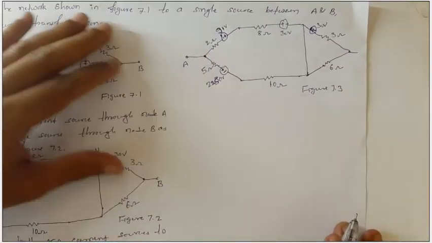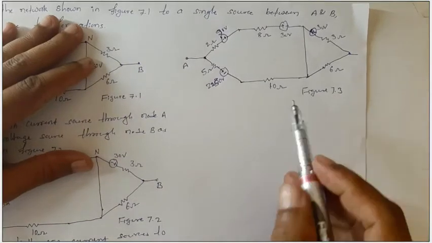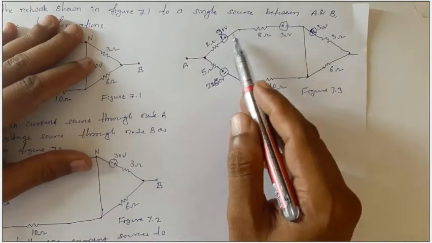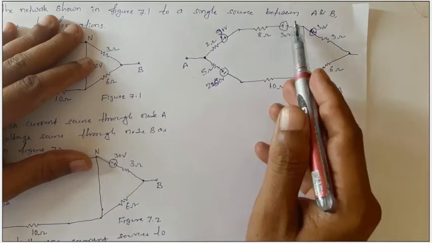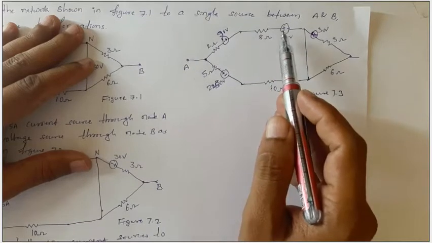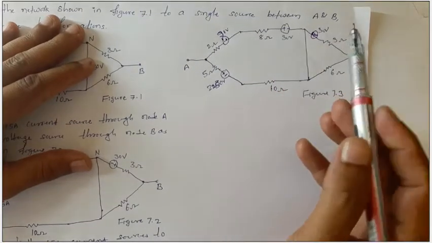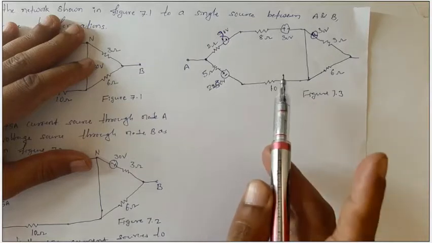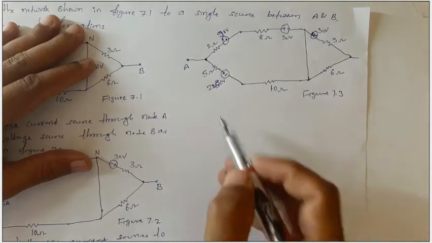So dear students, if you see now, there are two resistors which are in series and two voltage sources which are in series. We can add up both the resistors to a single resistor and these two voltage sources to a single voltage source. Here there are two resistors in series, we can add up to a single resistance. Okay, so you can write that.